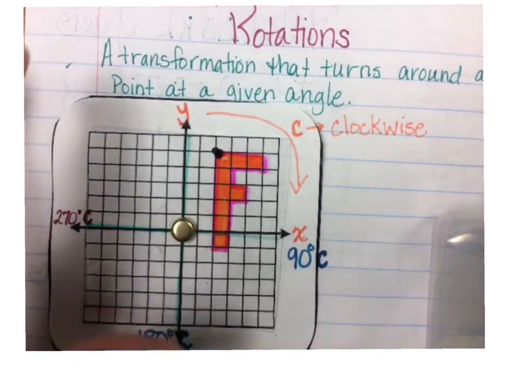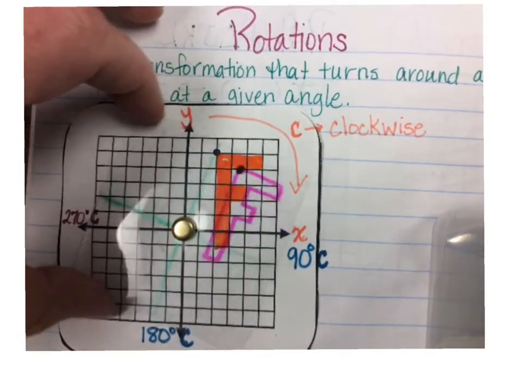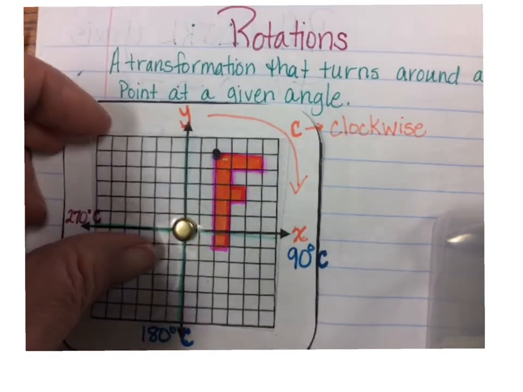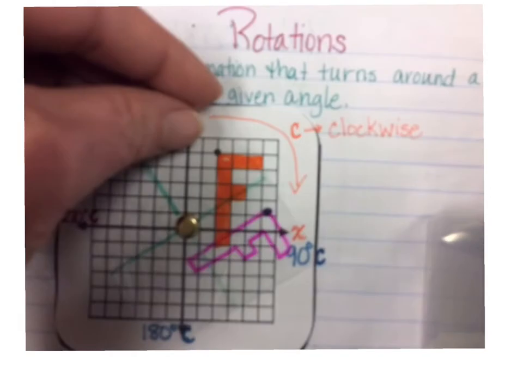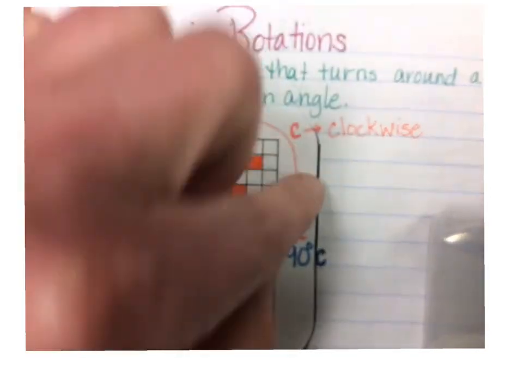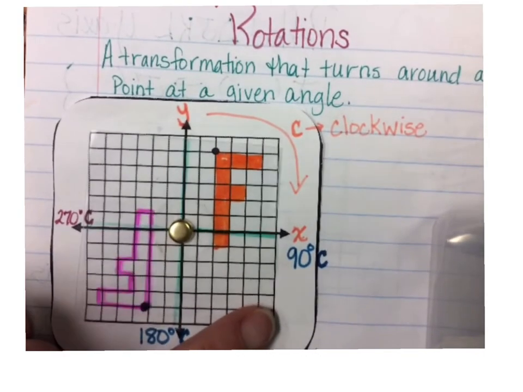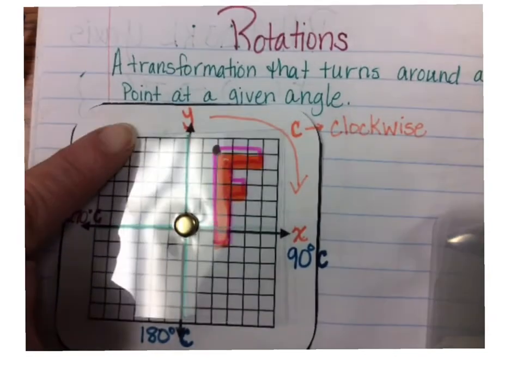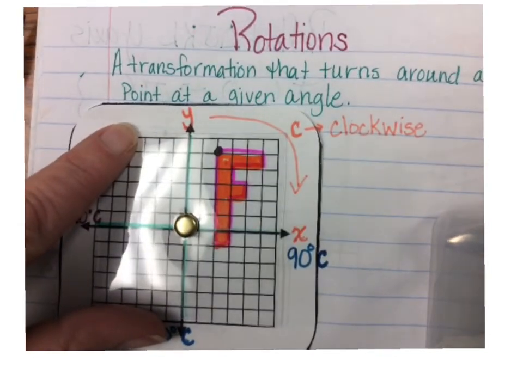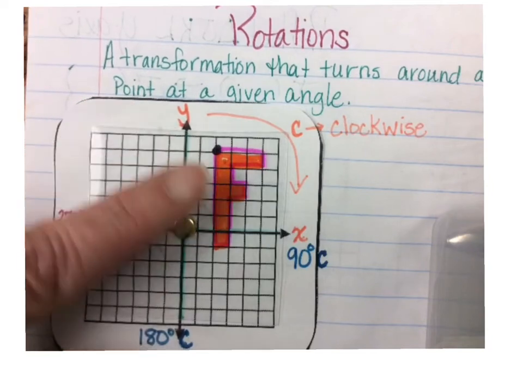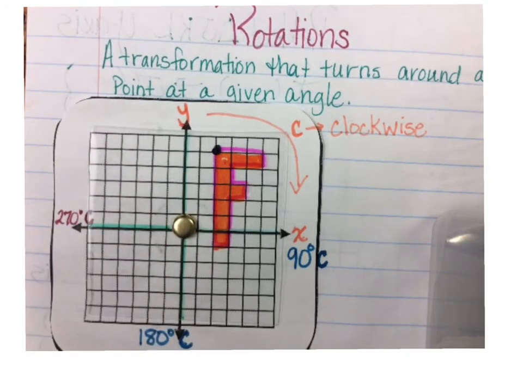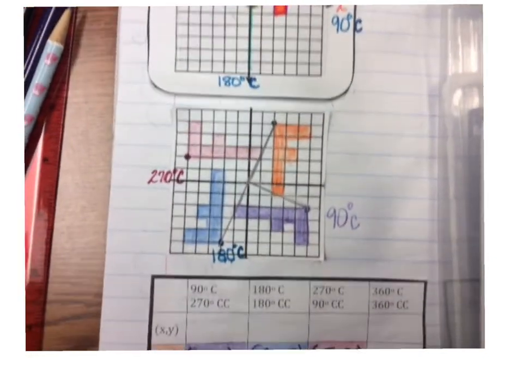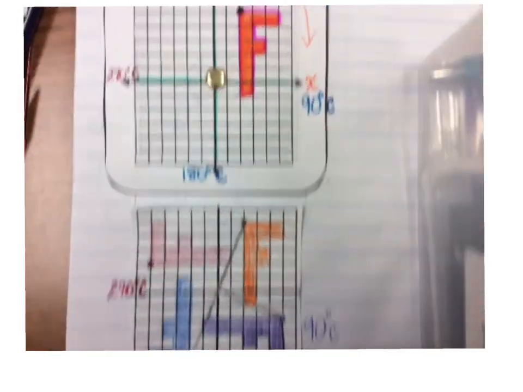Okay, so now you're going to go back to your original, take your F back to the original point, and now what if we did, like they do in the Olympics, not a 90, not a 180, not a 270, but an actual 360. If it did an actual 360, you're going all the way around and back to your original point. So write that coordinate down at the bottom in your table, right below, and